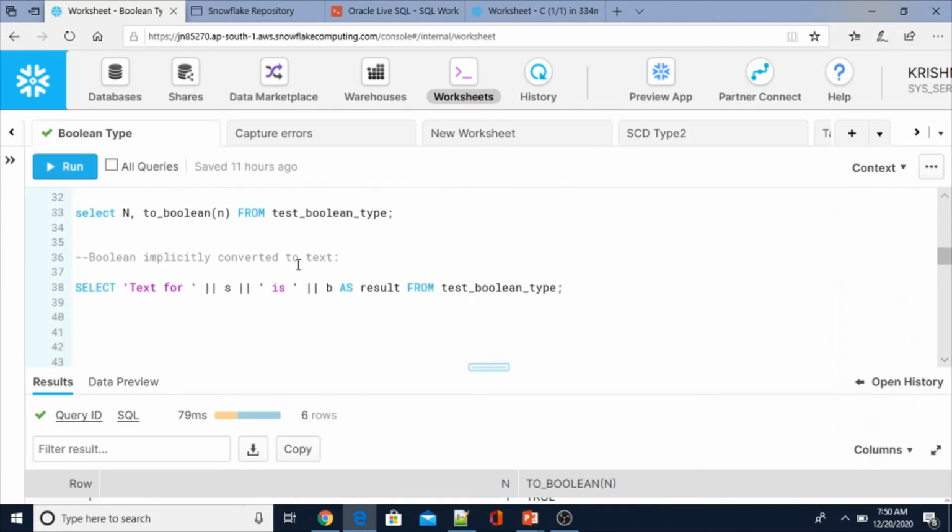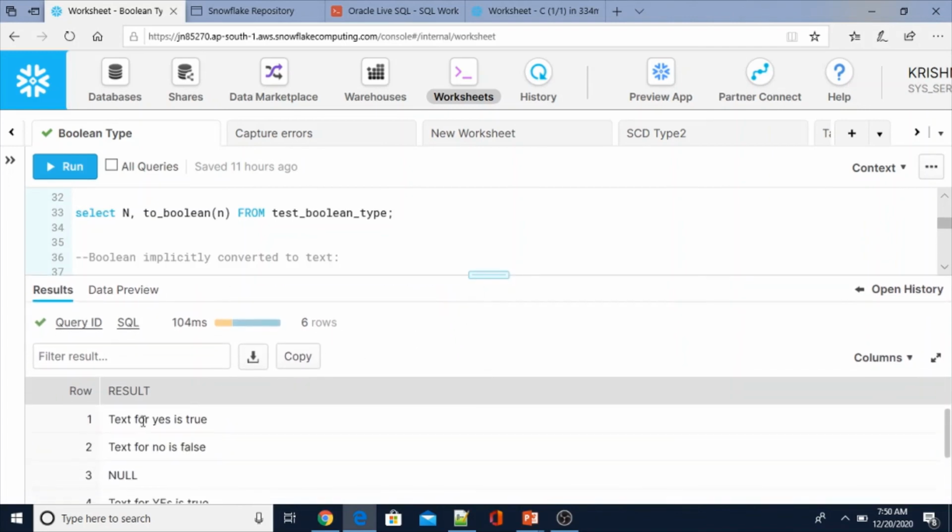Now Boolean implicitly converted to text. If you see here, implicitly converted to text means I didn't use any conversion for the Boolean data type. Here I'm just using it as part of my select statement, which is concatenating with other text. Now let me execute this.